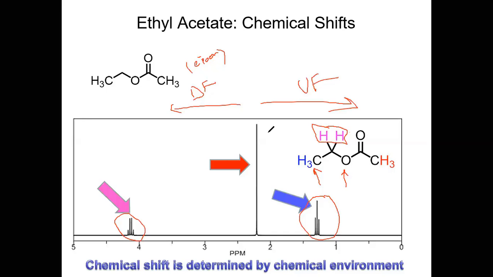And then here, you see this signal corresponds to these protons right here. Why do you think that's downfield? If a regular alkyl proton shows up between 0 and 1, why do you think this is downfield? The carbon arrows take